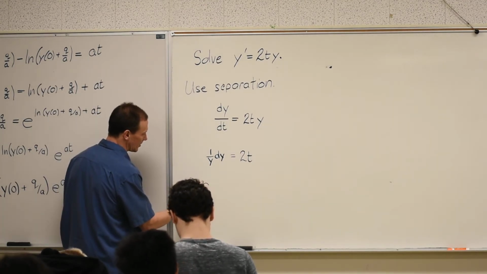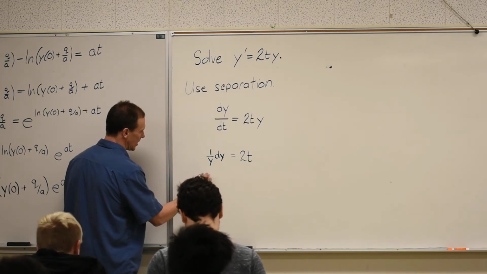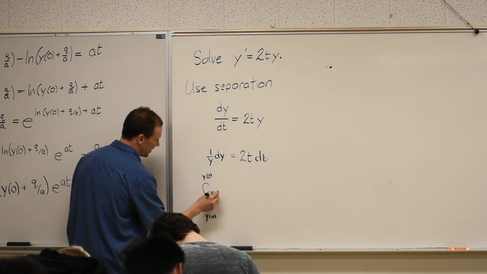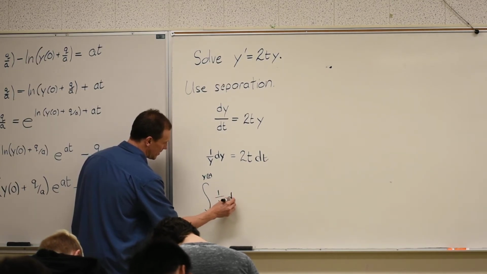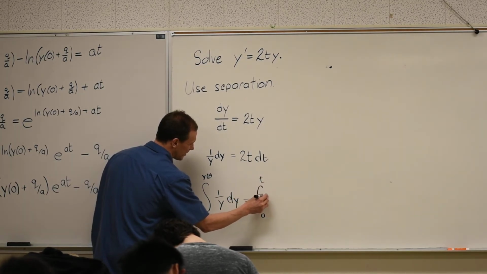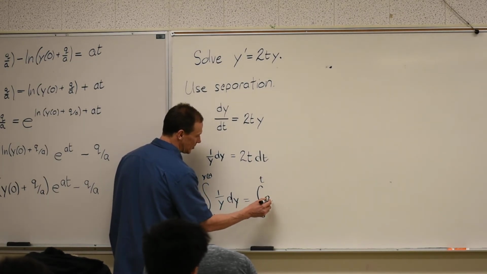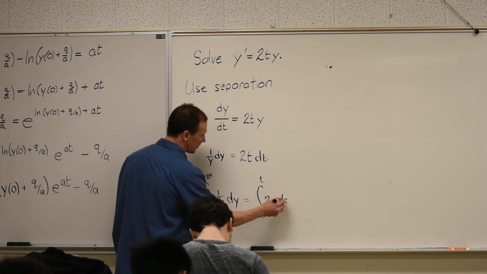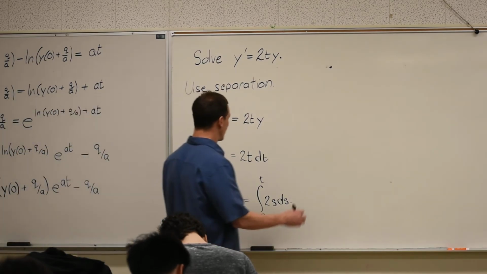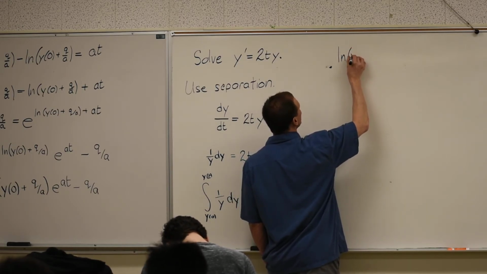So we'll take that. We have the integral, y of 0. Thank you. 1 over y dy equals the integral from 0 of 2t dt. Okay, integrate. Get a natural log. Natural log of